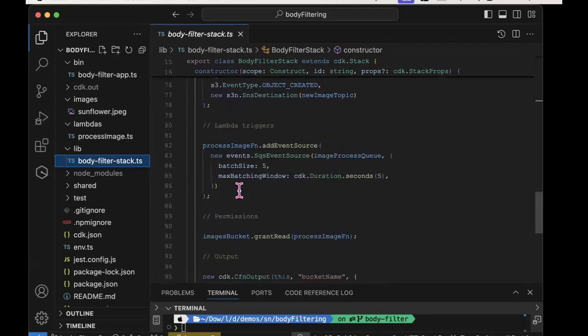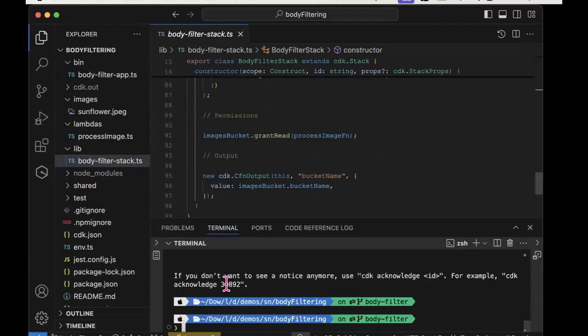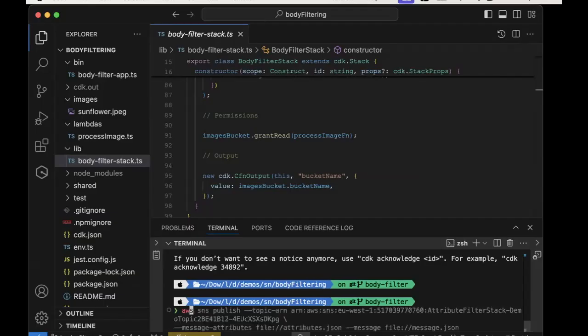I've CDK deployed it, and I'm just outputting the S3 bucket because that's what I need to access from the CLI, to upload an image. You've done all of this in the lab. You've done uploading of images to S3. You've done everything in the lab except the filtering, which you will be doing in the lab from this week and next week. So if I go AWS S3,